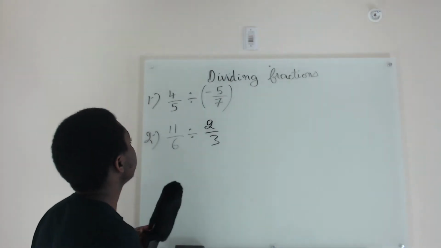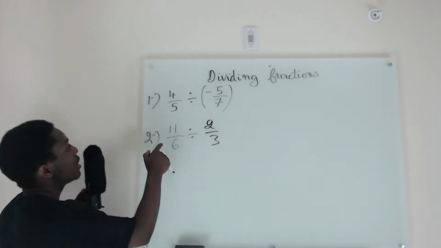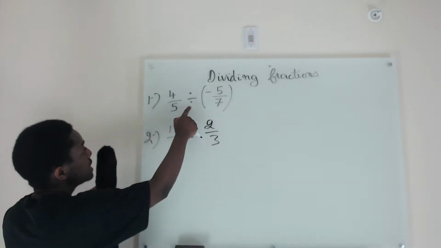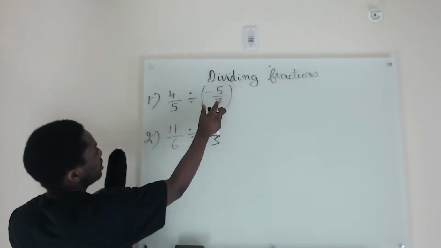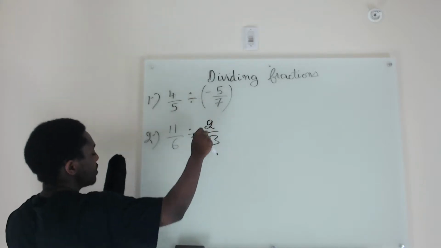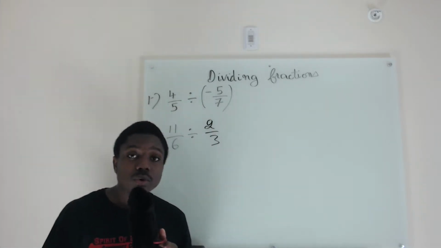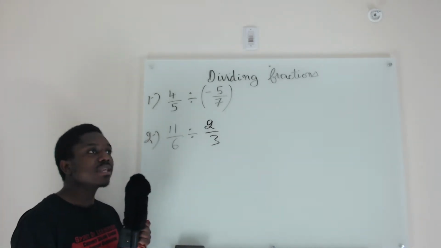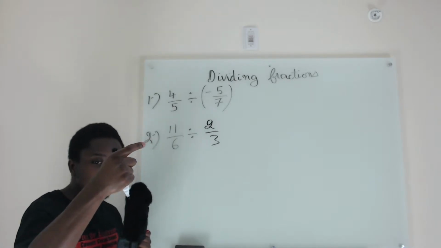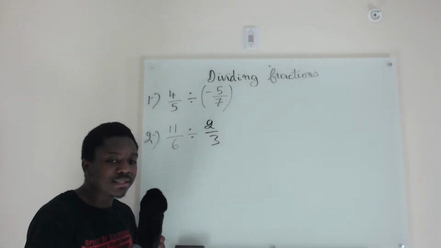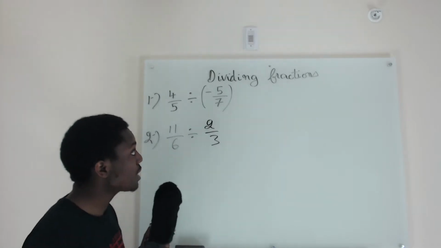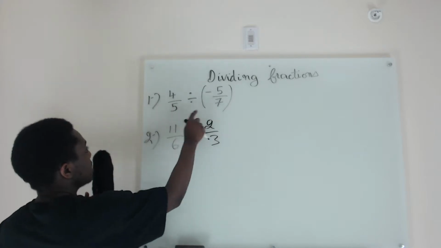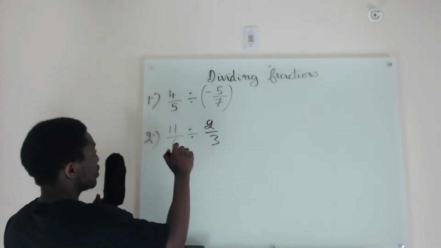Let's say, for example, you are given a fraction, 4 over 5, divided by a second fraction, negative 5 over 7. In order to divide two fractions, you take the first fraction and multiply it by the reciprocal of the second fraction. So when we are asked to divide these two fractions, we take the first one,